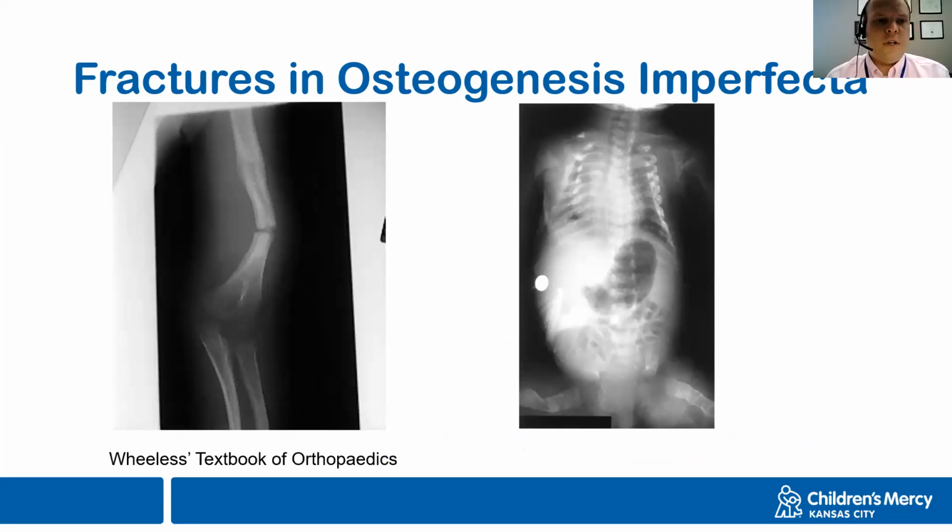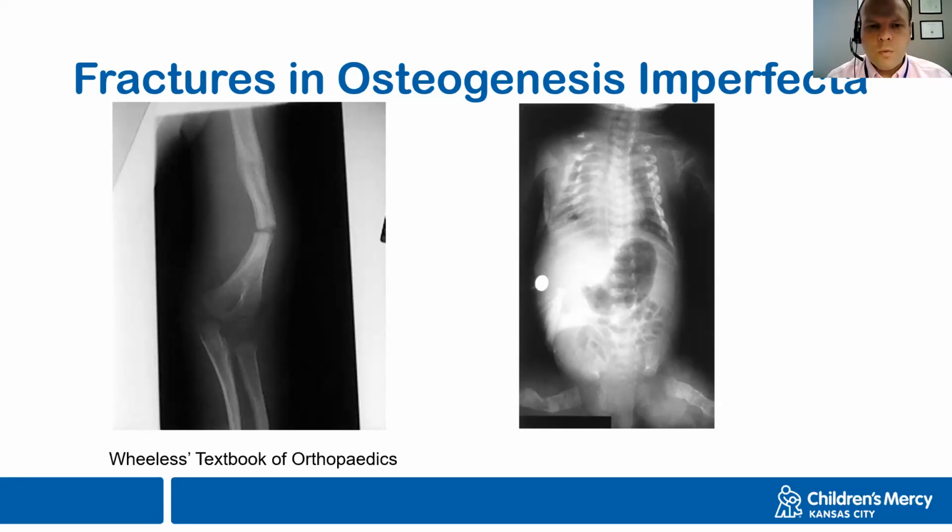And so fractures in patients with OI, again, the fractures can vary, but you see this fracture on the left radiograph, and you might consider this a more prototypical fracture. This patient is fracturing not quite mid shaft, but pretty close to mid shaft, and you can tell that there was a more proximal fracture previously that's still in the process of healing, and so again, different ages and stages, but that's a relatively clean break.